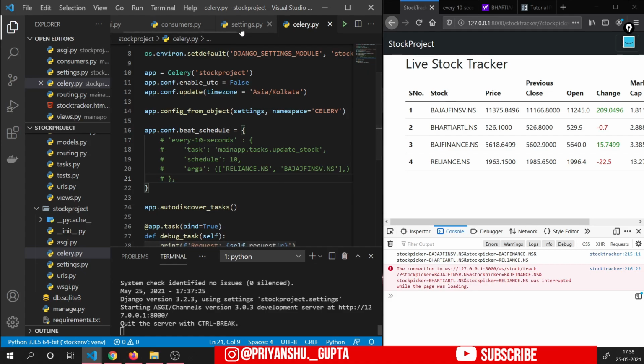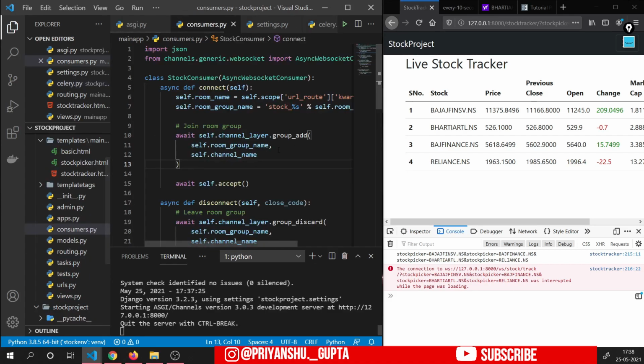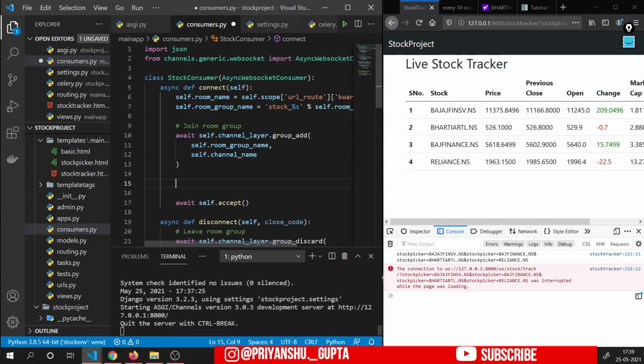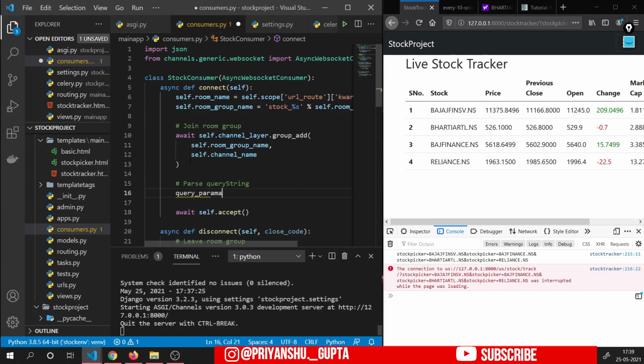Let's see that. Now what we want is, as soon as user connects to this WebSocket, then we want certain things to happen, right? So here inside this connect method, we will add certain things, like we will add one new task inside our Celery beat schedule, so that it can tell Celery to do that. So let's do that. So first we want to parse that query string, right? So for parsing that, parse query string, and for parsing that query string, we will use query params,